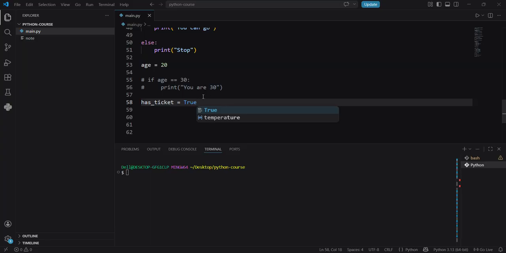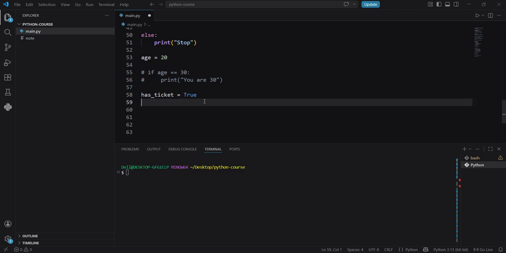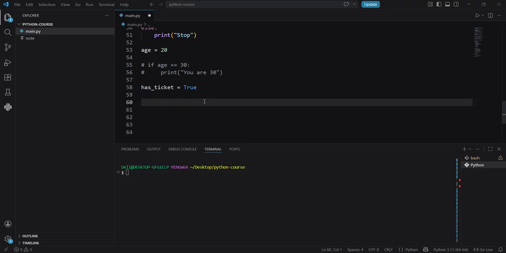Now remember, if you have watched the previous video regarding the logical operators, you will know that when we are using the AND logical operator, for that to return true, both of the conditions should be true. If age is superior or equal to 18 and has ticket,